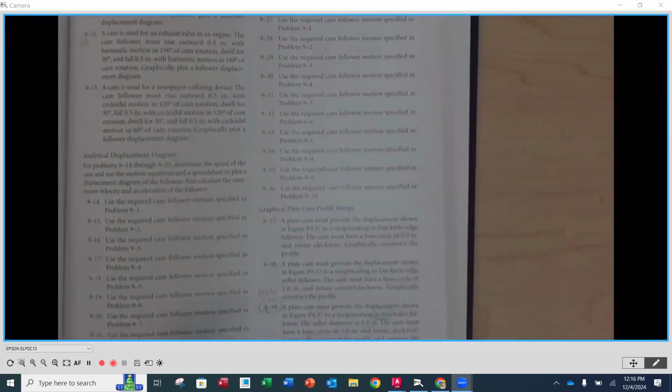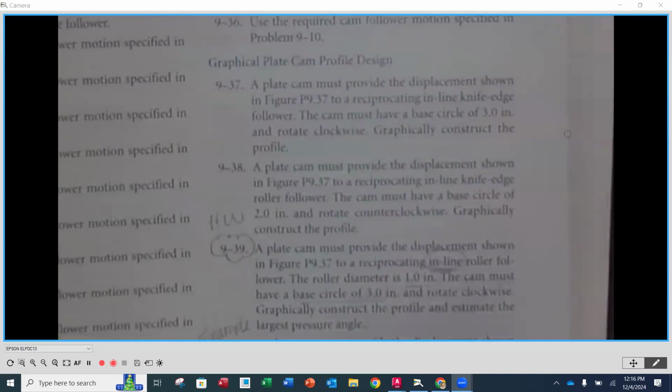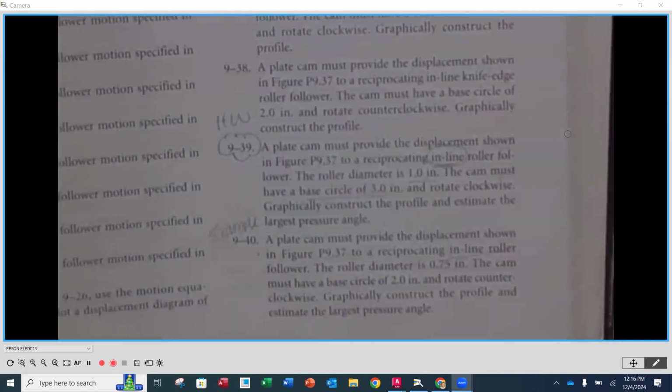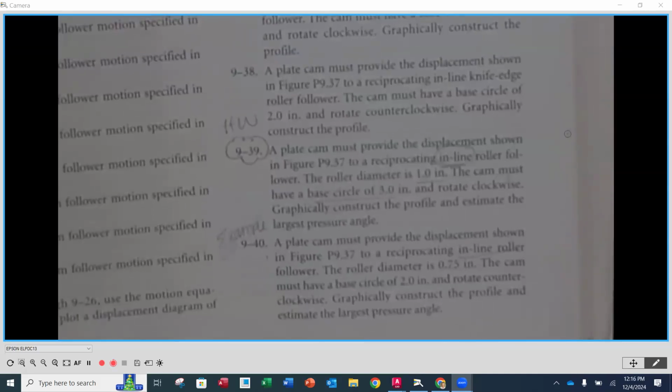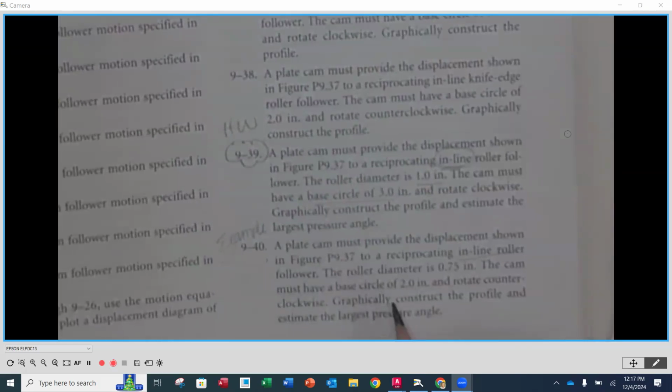Now, the homework problems that you have, go back just a second. The first homework problem you have is going to be problem 939, okay? And that is going to be very similar to 940. I'm going to demonstrate 940, and then you're going to use this process to apply to 939, okay? So both of them are in line